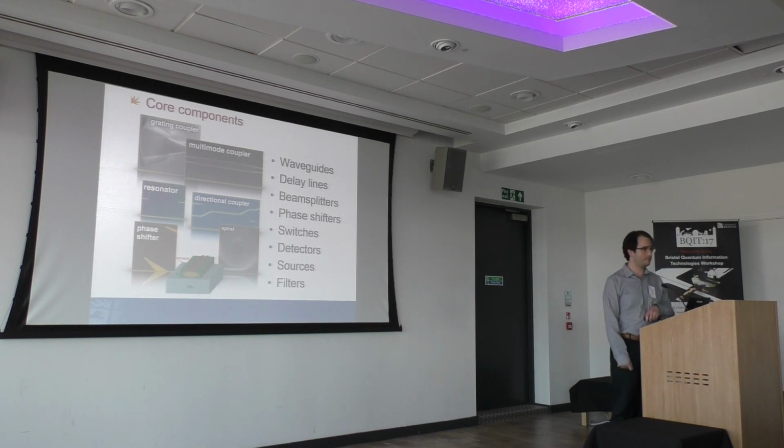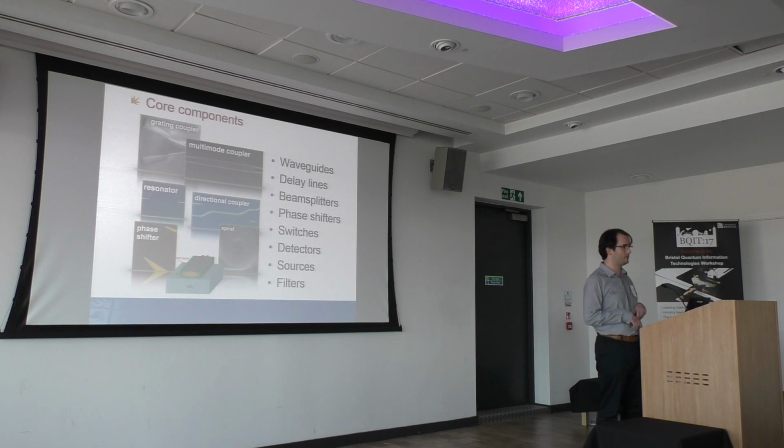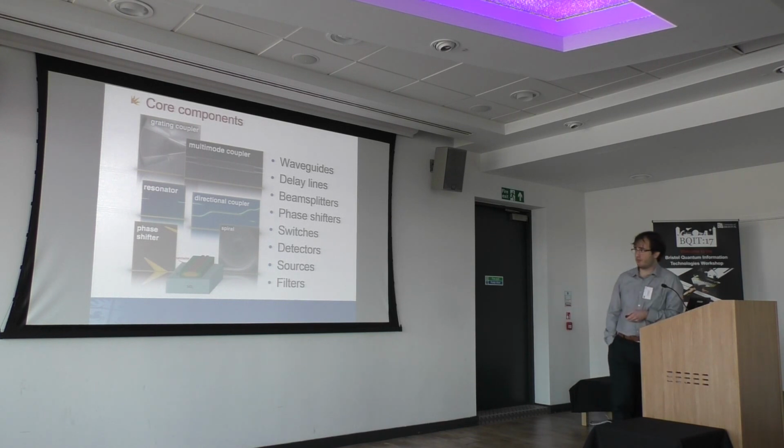So the beam splitters actually look something like this: a directional coupler where we evanescently couple two waveguides, or perhaps a multi-mode coupler where through some sort of interference effects we allow light that enters one waveguide to be split between the two output waveguides. We have phase shifters, both thermal phase shifters, so essentially this is just changing the temperature of